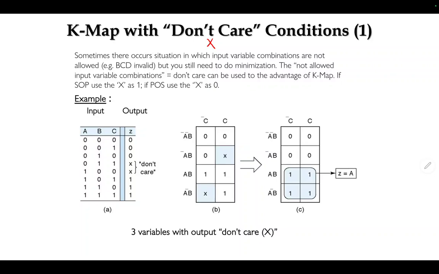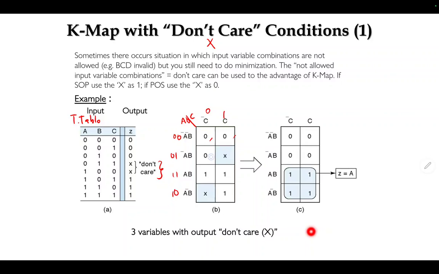Okay. For example, here in the truth table, you got here don't care condition here. So you place in the K map. You got A, B, C, and then you got 0, 0, 0, 1, 1, 1, 1, 0, 0 or 1. So you place at the location of 0, 0, 0, 0. So this is basically when you place 0, so this equation means that this equation is SOP. So 0, 0, 1, 0, 0, 1 put 0, SOP.